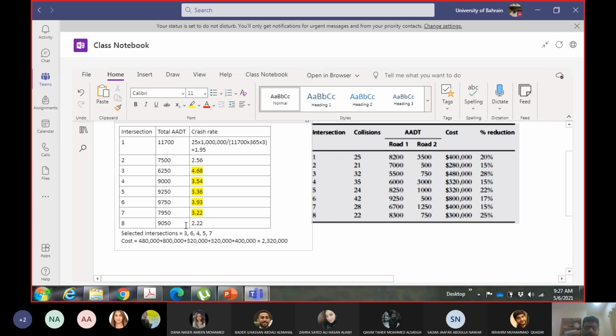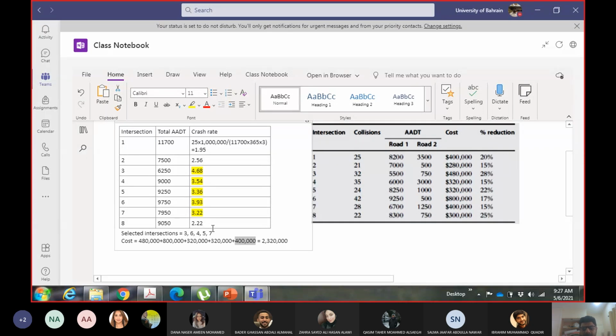Okay, now can we have a different combination? For example, I selected these sites. So if site number 3 should be selected, can I do some? If I don't select site number 7, then I'm consuming how much? 1.9 million, right? 1.9 something million. Okay, so then I'm lapsing maybe more than 300,000. I'm not utilizing 300,000.